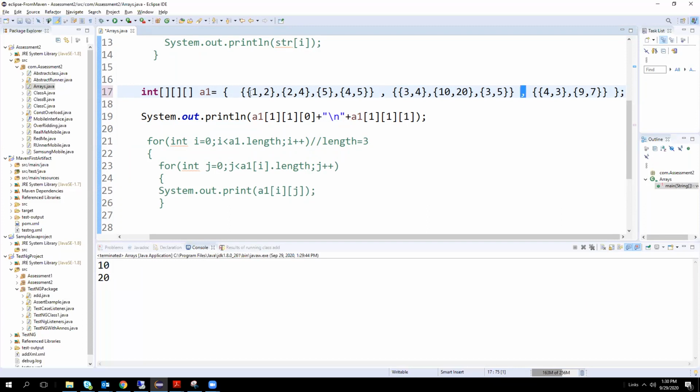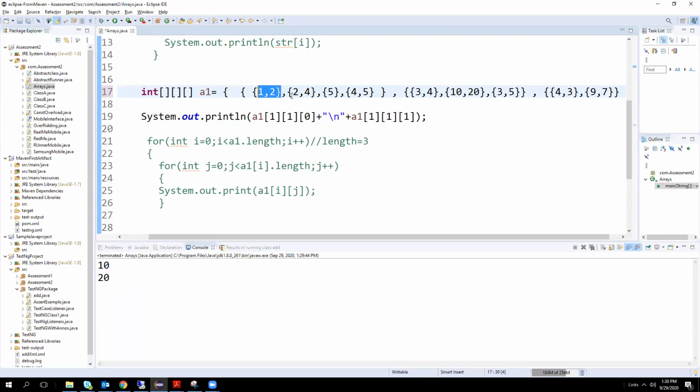Before the comma, we have an array with braces, so definitely it should be an array. After that, this array is also separated with comma.